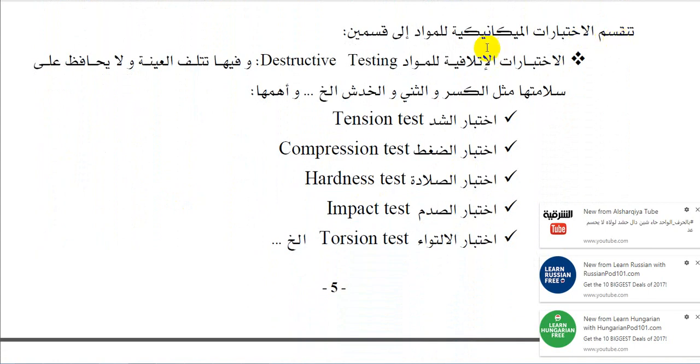The mechanical tests are divided into mechanical tests or referencing. The mechanical tests are as follows: the destructive tests of materials. The specimen will be deteriorated, or it will be destroyed, and will be no more safe for further inspection, such as the fracture or bending or indentation, or even ablation, etc.